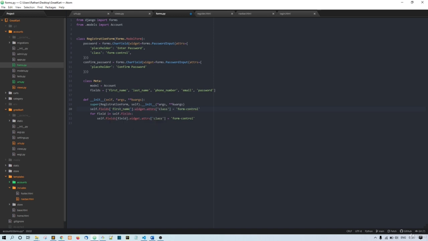Instead of that field, we'll say the field name first name. So widget.attrs, this time it is placeholder. For the first name, let's say enter first name. How do you write the first name? Like this, right? Enter first name,